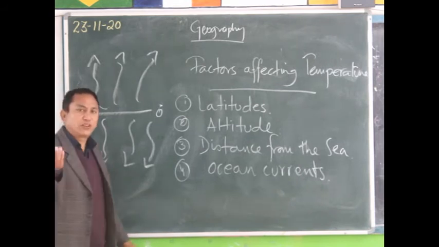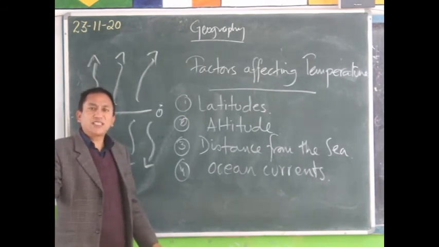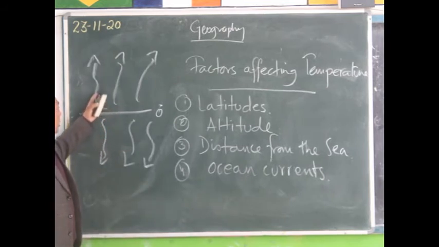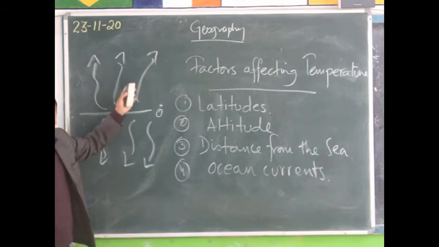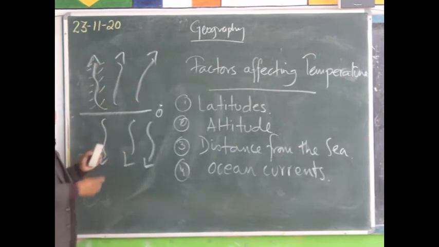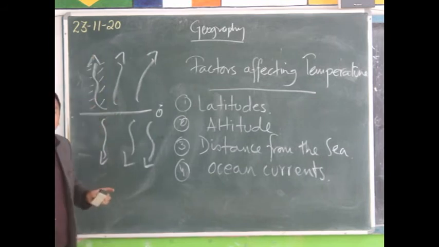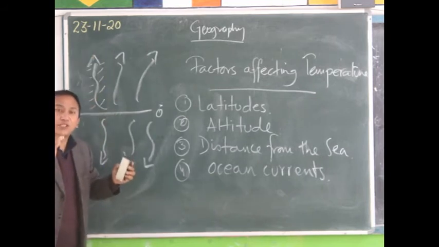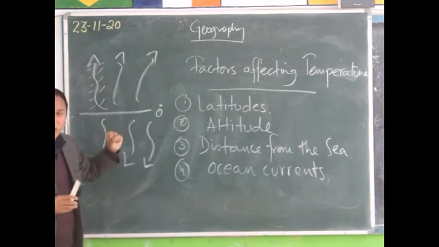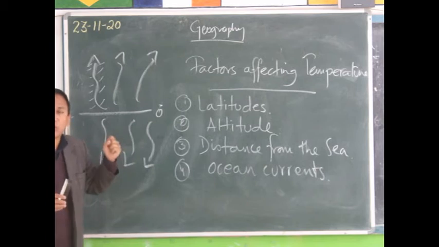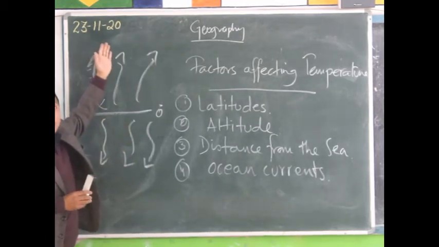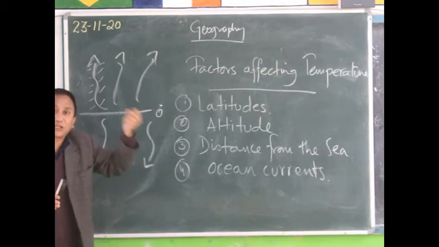We know that the waters move in three forms: ocean currents, tides and waves. So here, when the waters from the equator move up towards the poles, whichever coastal areas this ocean current passes by, those areas' temperature will slightly increase because these are warm waters. The air above the water is also warm. So as they pass through the various coastal areas, the temperature of those areas will slightly increase because the